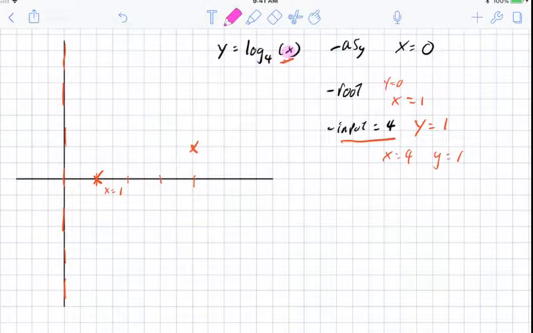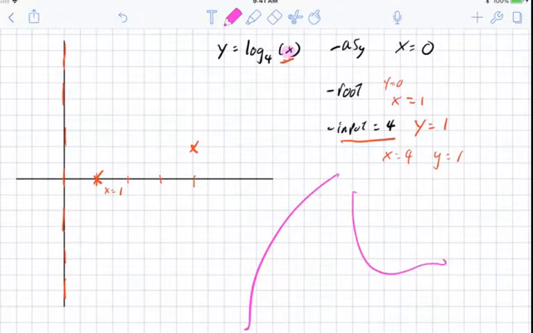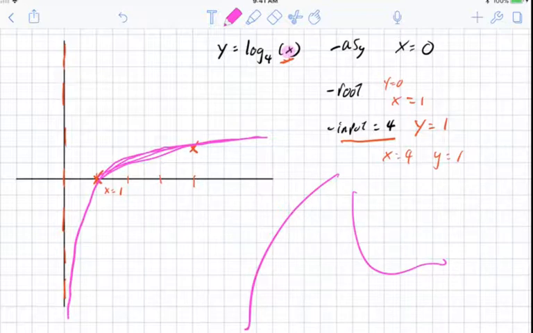You know that the shape is going to be like that, or it's going to be like that. Which one is it going to be? Well, you know that it has to connect these two, so it's probably going to cross the x. Logarithms only cross the x-axis in one place, so it's got to be like that. And there's your sketch. It's not a good sketch, but it's an okay sketch, and that's all we need for